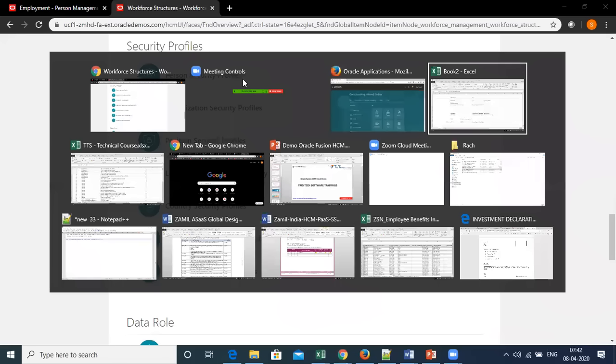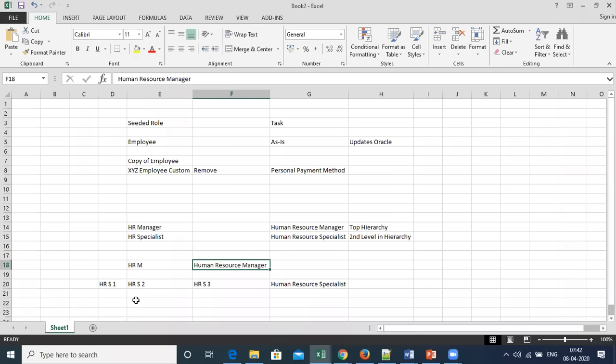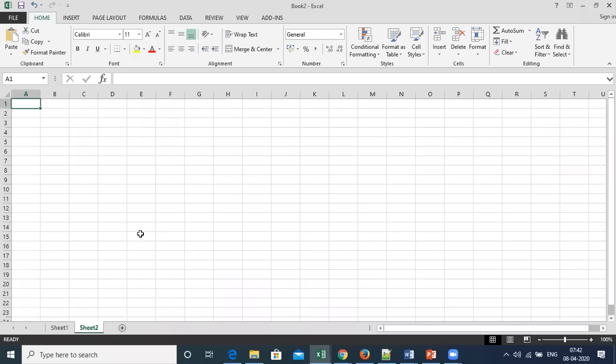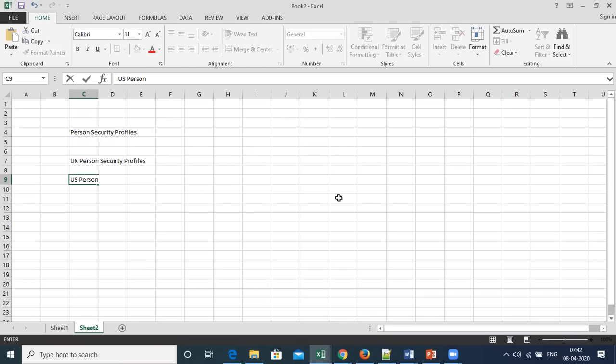Let me go to another sheet and explain. Under person security profiles, I am creating UK person security profiles, and here I am creating US person security profiles.